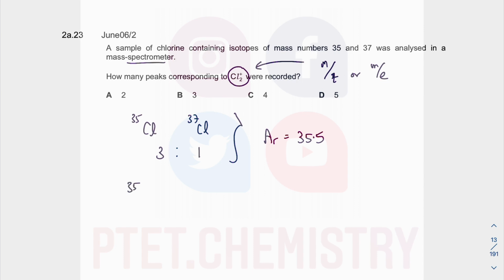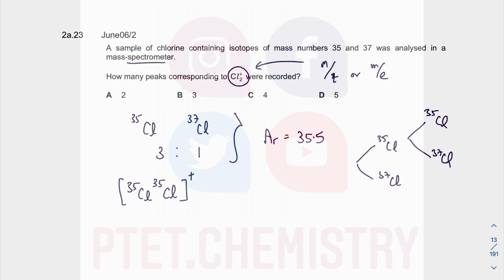So what you could have is 35 chlorine and 35 chlorine, because you have a molecule. So we're talking about combination. You can have 35 chlorine, 37 chlorine, and that can be combined with 35 chlorine, 37 chlorine, just like that. So your first chlorine could be that, your second chlorine could be that. In the end, you have 4 options: 35, 35. You have 35 Cl, 37 Cl,